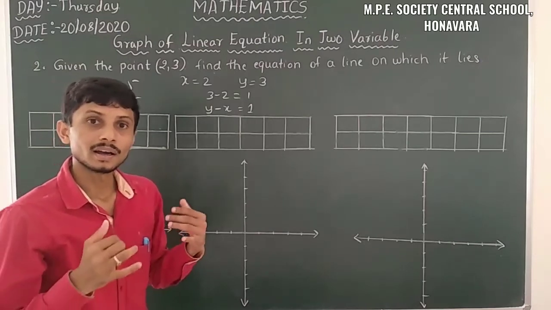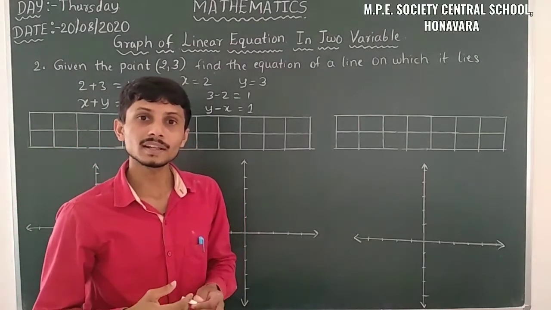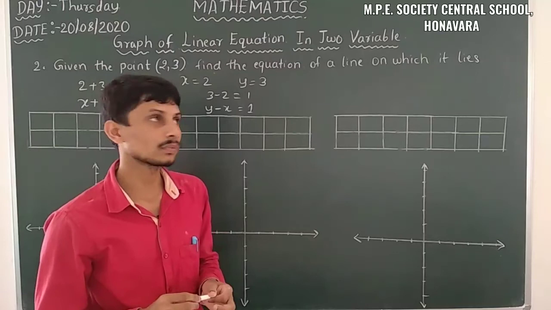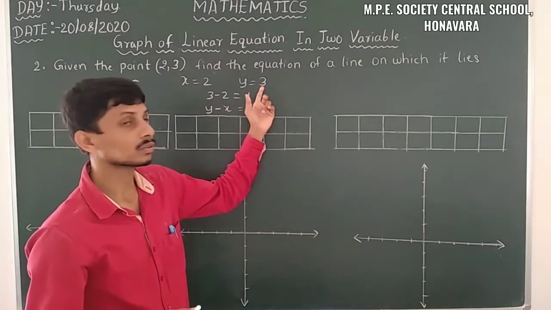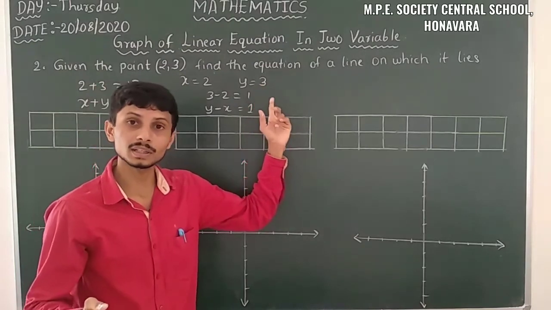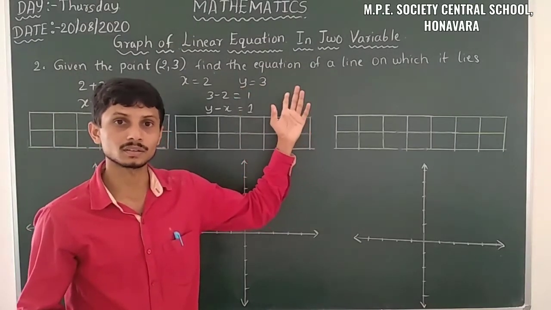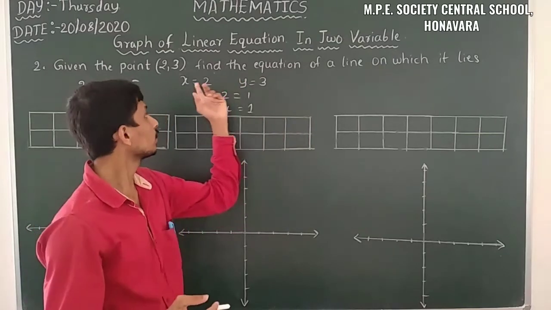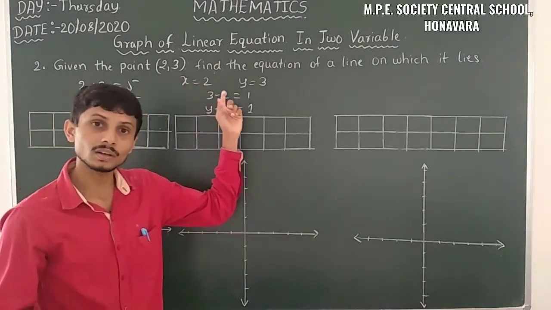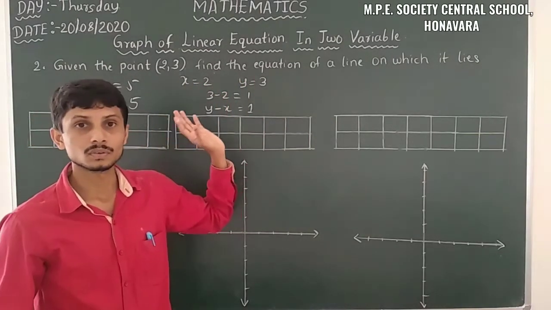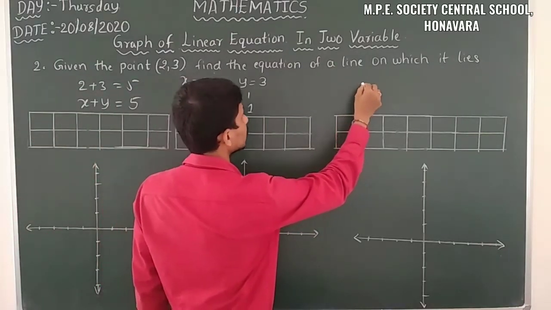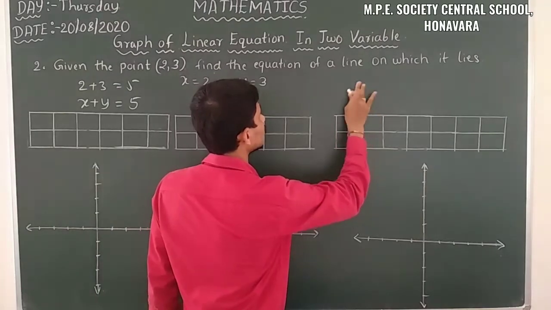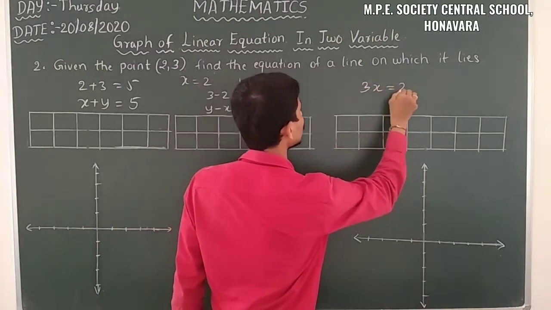Yes. Then again another equation is possible, that is when you are multiplying the coefficient, when you are multiplying the value of y to the x term, and the value of x to the y term. So we get the value as 3x is equal to 2y.